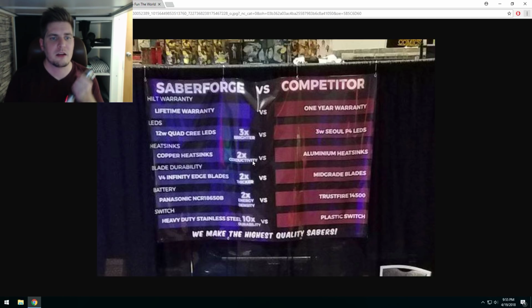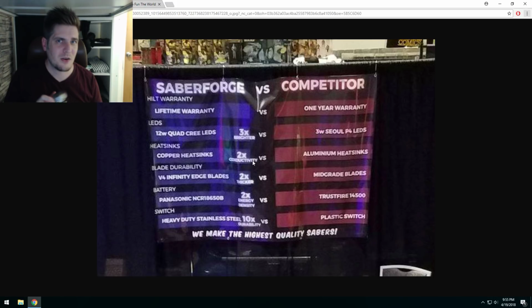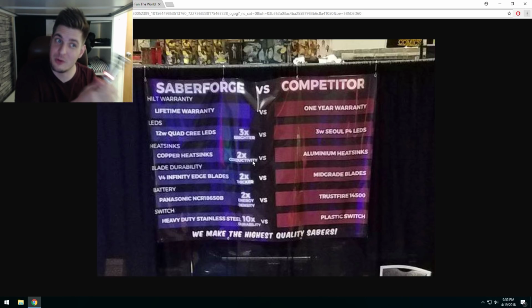Blade durability: the V4 Infinity Edge blade is 2 times thicker than a mid-grade blade. Yeah, but why, Saberforge, are you comparing a heavy grade? Essentially, it's a heavy grade blade. The thickness of the blade is not comparable to a mid-grade blade, because most mid-grade blades are thin wall or medium wall blades, so they shine the brightness better, because you have heavy dueling blades for heavy dueling, and